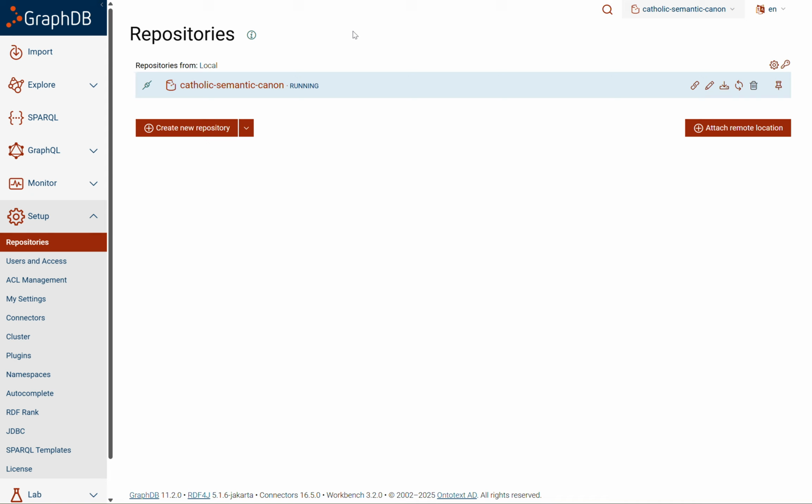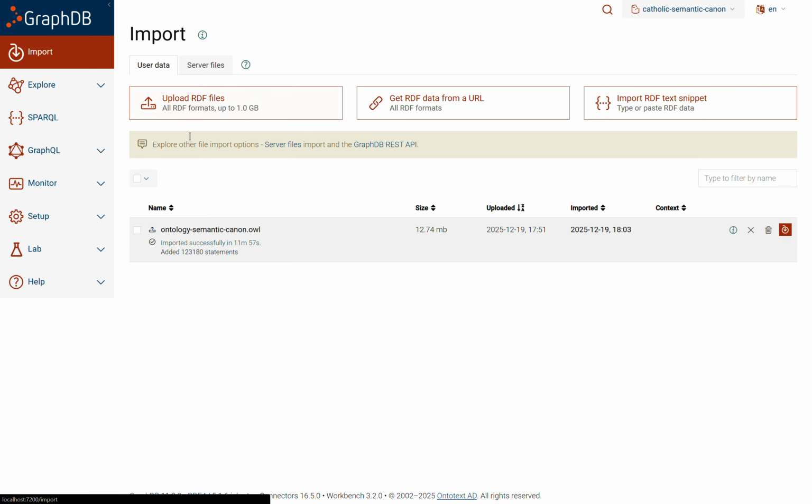Having created some SPARQL queries with the current state of our ontology, I set up a GraphDB instance, a local instance, so it's not available online, but it's running on my local workstation. I created a Catholic Semantic Canon repository,